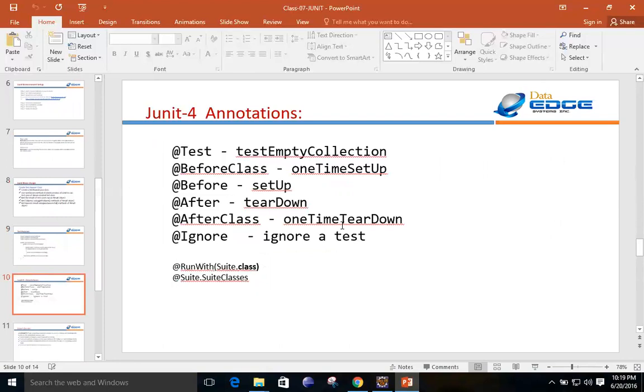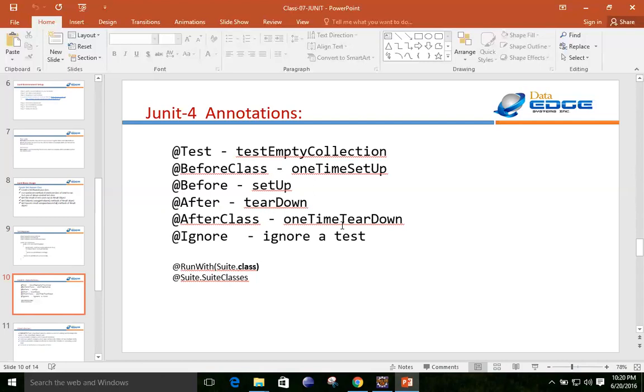Before making the test suite, you have to know that in JUnit we have some annotations. On your screen you will find some annotations, out of which you have used only the first one, @Test. The remaining ones, @After, @Before, @AfterClass, @BeforeClass, and @Ignore, are operations you need to perform, which we will see in an example now.